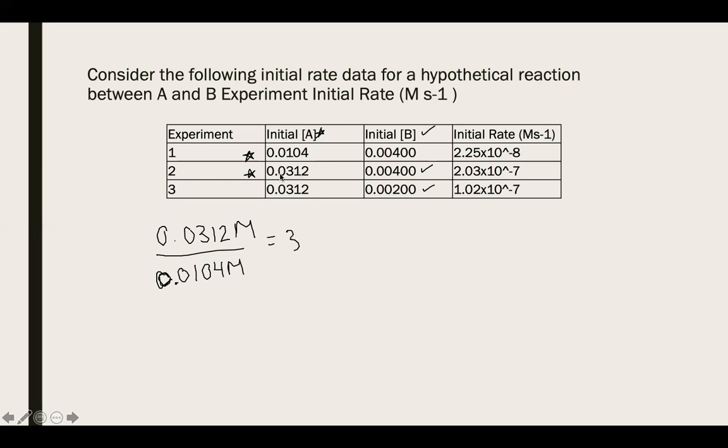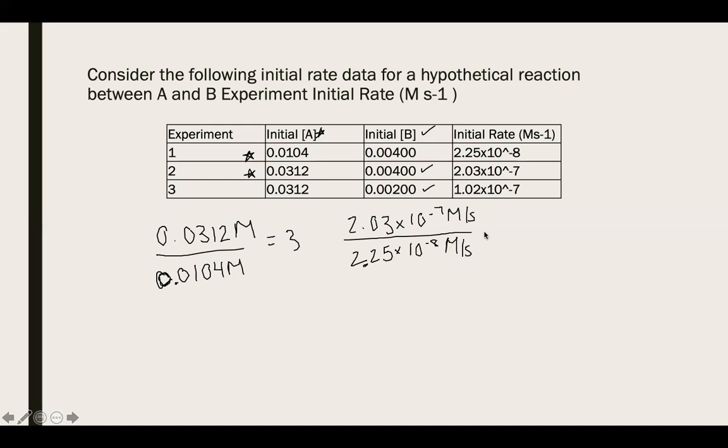So the concentration in trial 2 is 3 times that of the concentration of A in trial 1. And remember that the concentration of B is held constant, so B should not be changing the rate at all. And so you have your initial rate in the second equation to be 2.03 times 10 to the negative 7th molarity per second. And then you have the rate of your first experiment to be 2.25 times 10 to the negative 8th